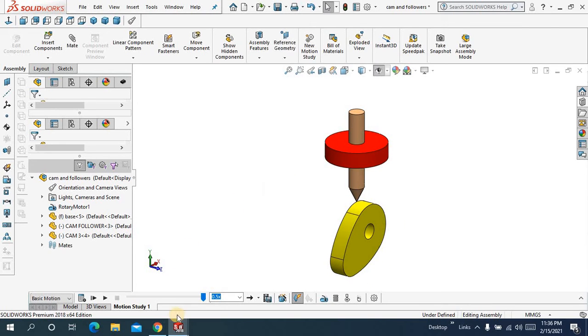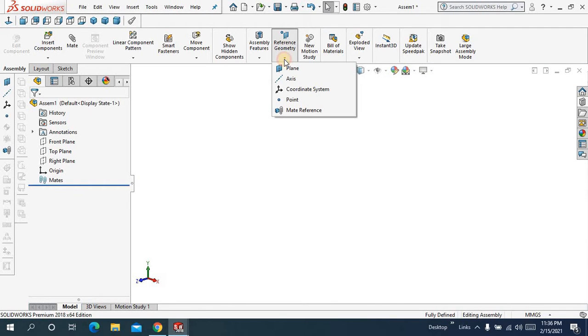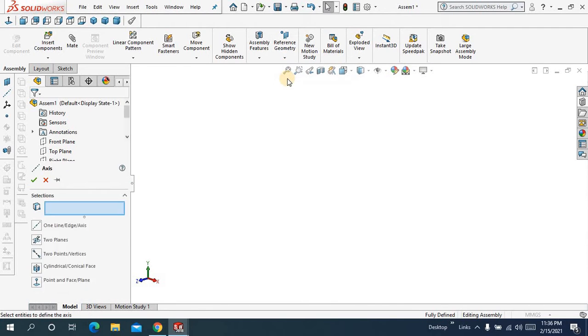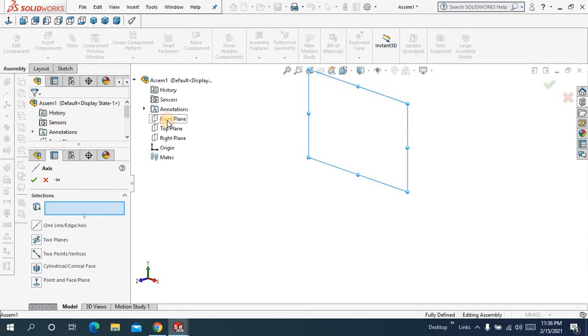Now, to do this, let me open a new assembly and change the background to plain white, and let me insert some axes. Here I will choose front plane and right plane.